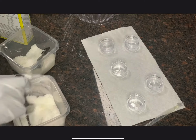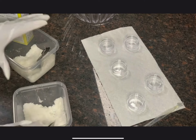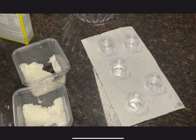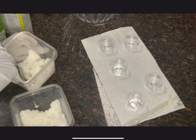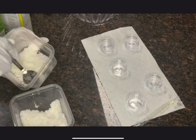When I originally started making lip scrubs, I used brown sugar. And I do like brown sugar because that's what I use on a daily. Like when I eat my food, I use brown sugar because somebody told me it's healthier for you. So I'm like, okay, let's make a lip scrub with brown sugar. But the only thing about brown sugar is you're unable to put all of the colors and stuff that you want in it because it already has a color of its own. You know what I'm saying? I will have a brown sugar scrub on my site, but